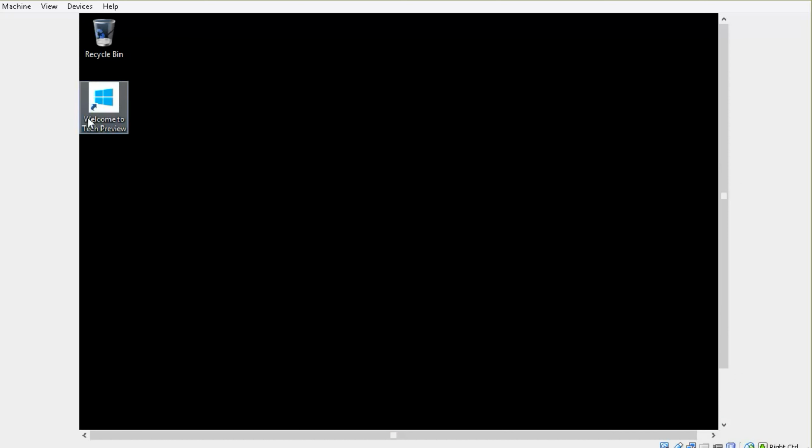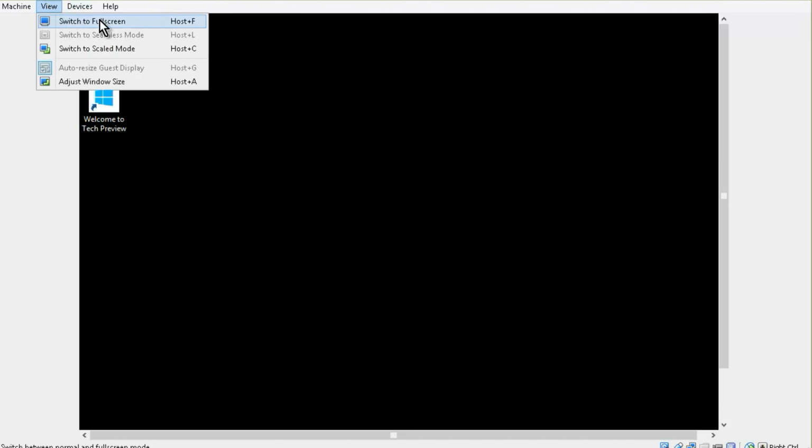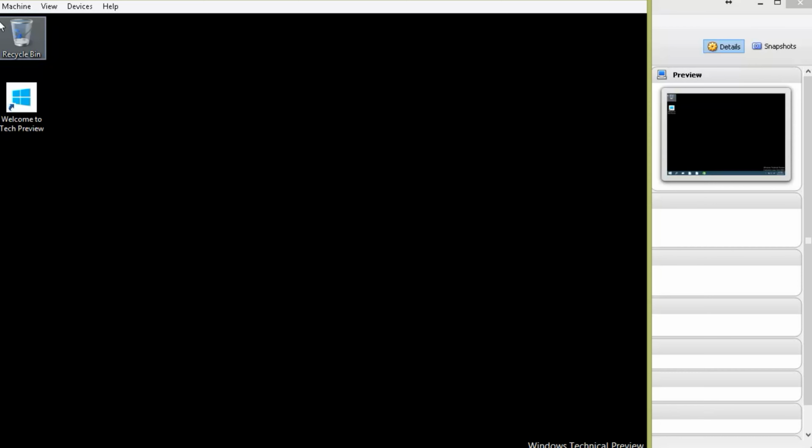Okay, so let me go into this menu up here and we'll do view, and you see we can switch to full screen with host and F. So if I hit my right control key and the letter F, it will go into full screen. And this is telling you about scaling mode, which is what it was when I first came in here. It was host and C. And then we can adjust the window with host and A. So let's hit host, which is right control and A. Okay, and then we can adjust the window